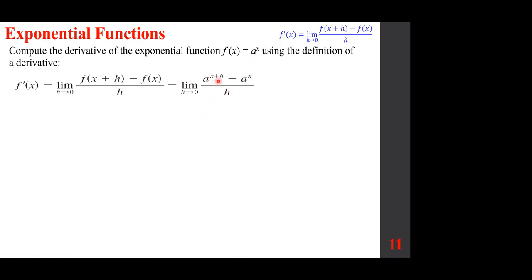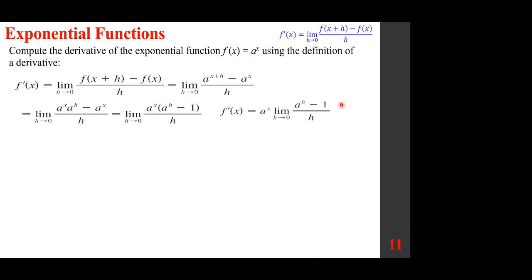You really need to recognize this means a to the power of x times a to the power of h, but if you don't write it, it's fine. What matters is that between these two, I can factor out a to the power of x. Therefore, we proved f prime of x is this. F prime of x is this, and that's what matters. As long as we understand this is the case, we are in good shape, okay? All right,